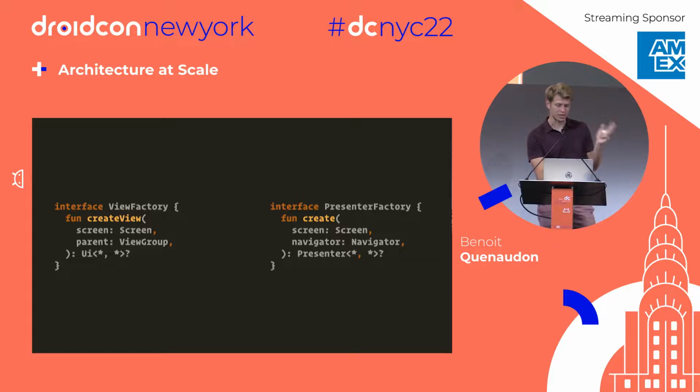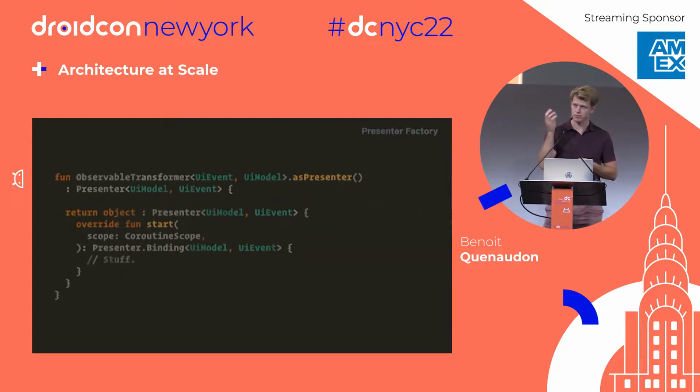And so you remember that we have 3 kinds of presenter. And that we have those bridge methods again, which would take an observable transformer and make a presenter out of it. There is nothing really difficult about this. It's just making sure that past events are going to go through the stream of the observable transformer. Models are going to be emitted back. And the scope will be used to let the observable transformer know when to dispose itself.